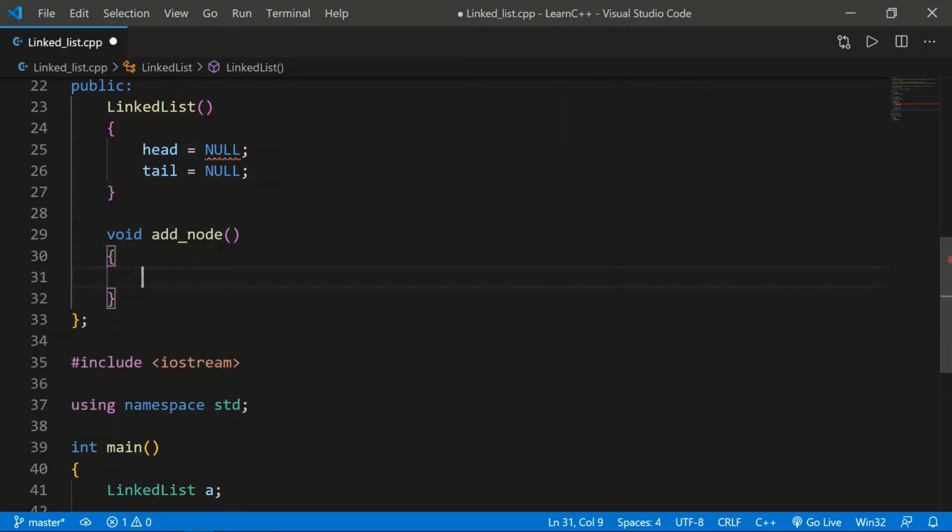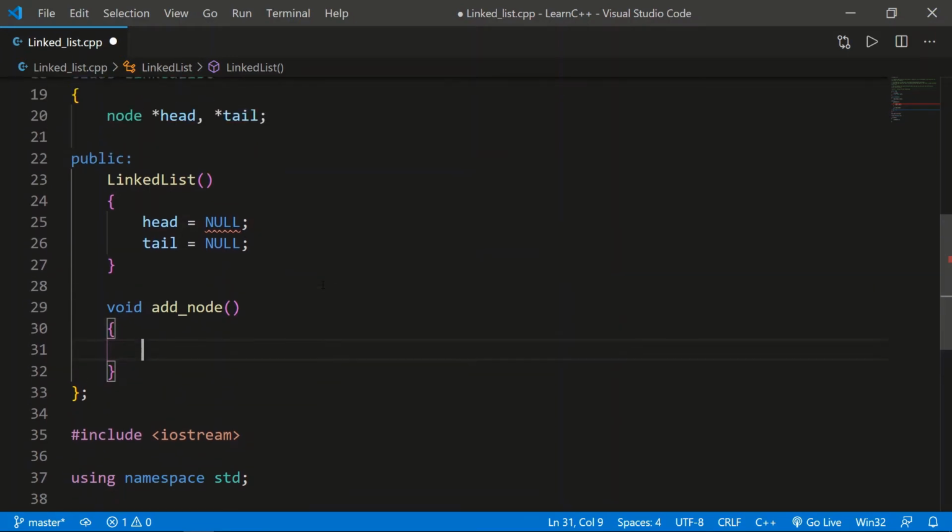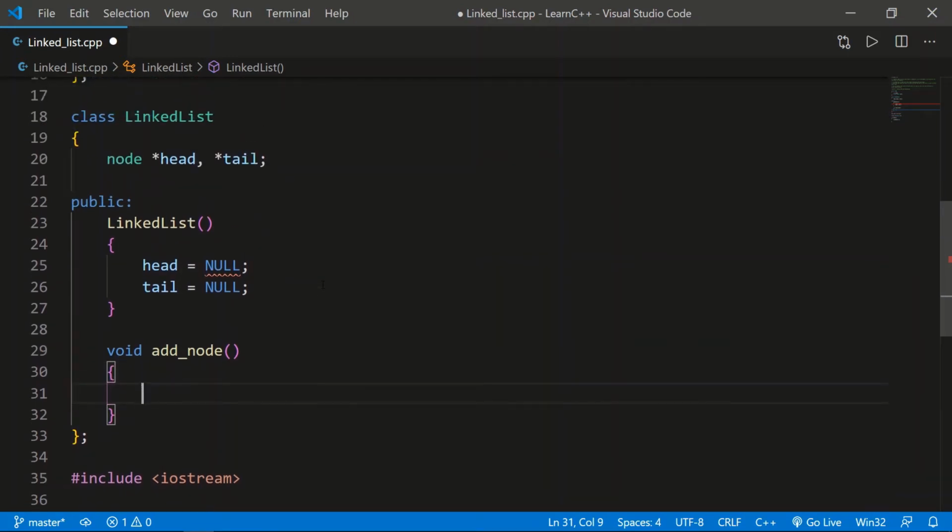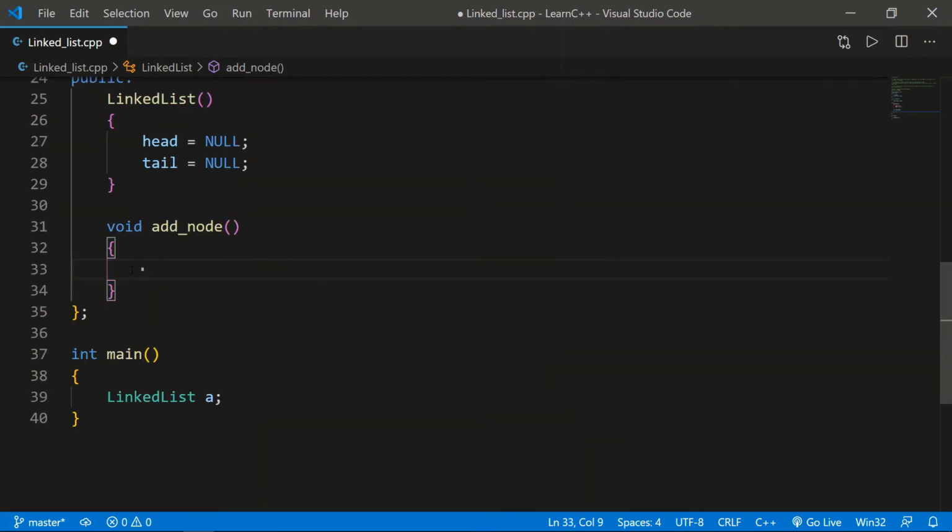and now we want to add some data inside this node. I said it is like an array where we add values. So first of all we should give a condition. If our head is null, okay, sorry for that. So now we'll create a node because we want to add a node.